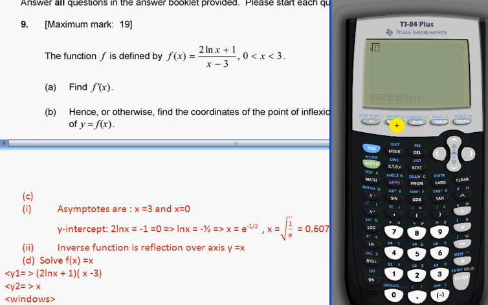Now go down, then I press second and divide it, which gives me letter E. Then I move out, just in case, and I press enter. I get the value 0.607. Finished. So asymptotes we found, y-intercept we found,